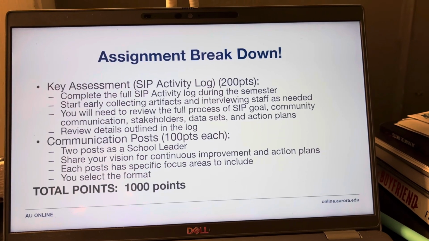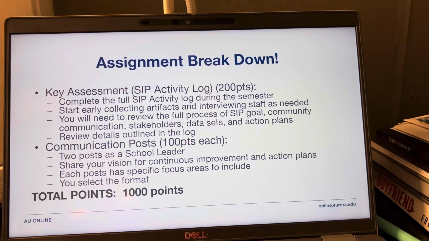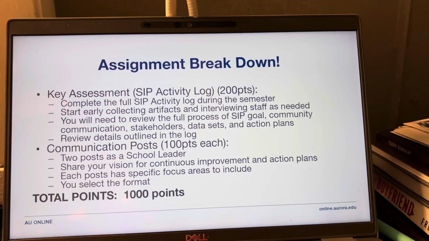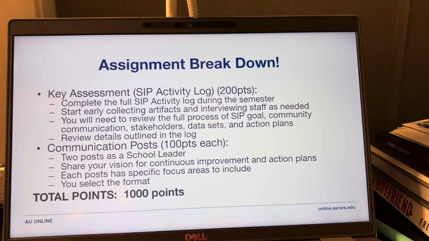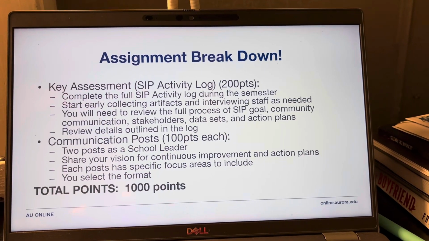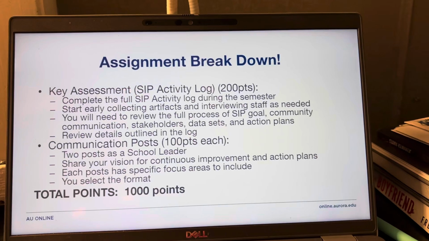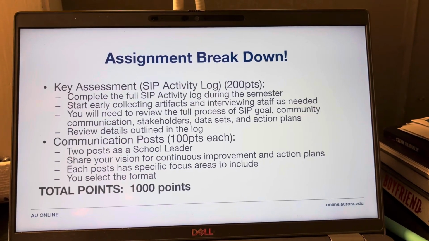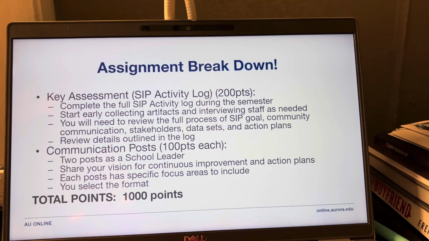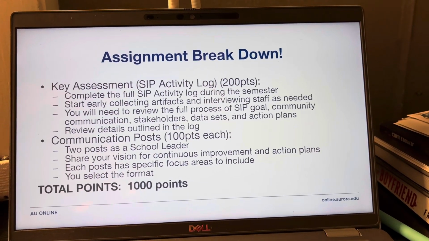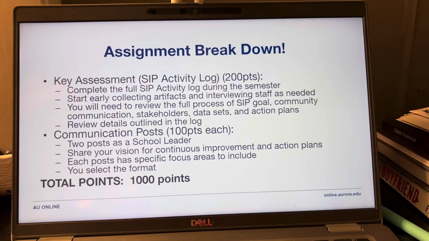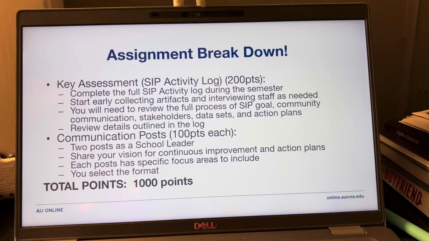You can select the format. Do you want to use a Facebook post? Do you want to use a blog post? Some people use Blogger for this. Some people use Smore for this. We will talk about a variety of different formats, and you will just mock this up. You don't have to send it out in real life. You can mock it up in a Google Doc or on a Word document, but it is something nice that if you do have a format that you want to send something out with and have it prepped and ready for when you do go into leadership, that would be great as well.